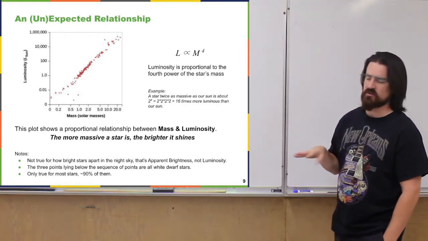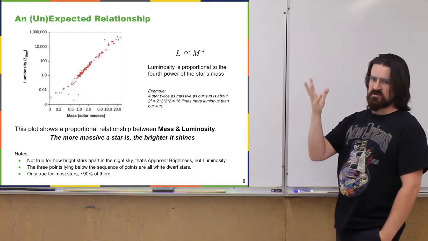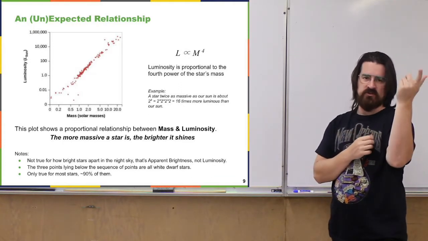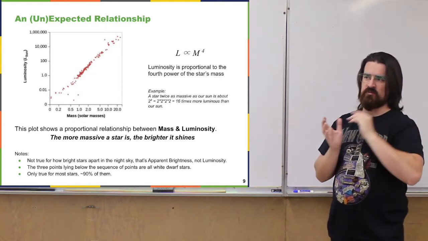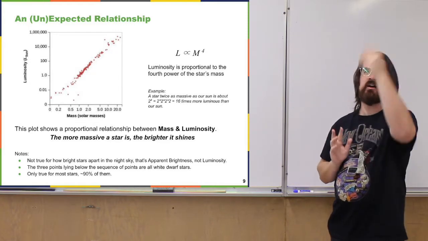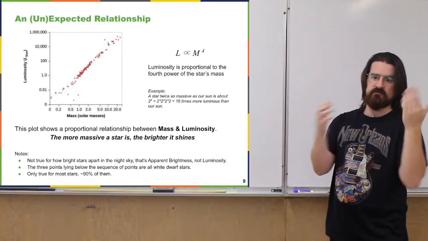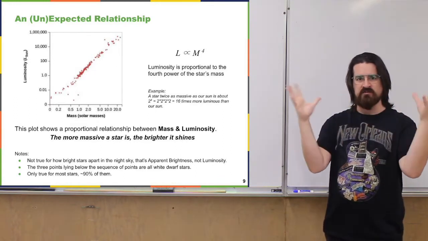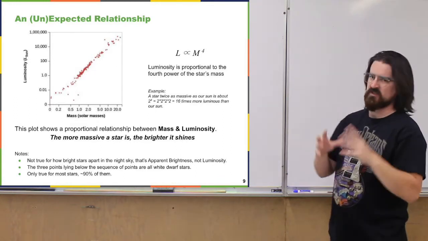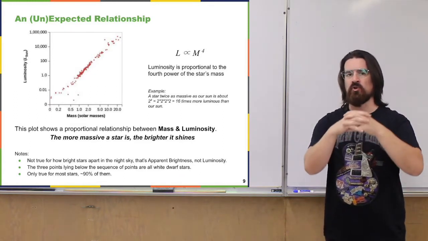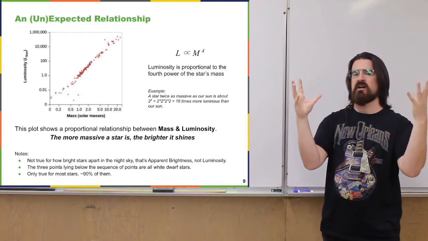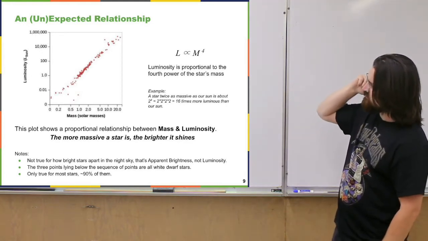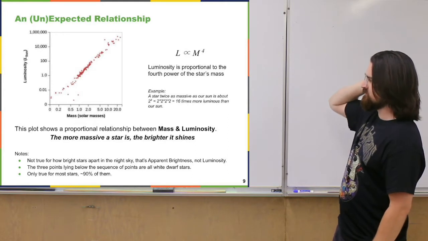And so a couple of things to note here. For one, this isn't necessarily a true statement about the brightness of a star that you see with your eye when looking out in the night sky. Remember, that's the apparent brightness, and it depends on how far away the star is from us. We're thinking about the luminosity, so the total energy that's being put out by that star. Only a tiny bit of the full energy output from any star out in the sky is reaching us. There are a couple of points that don't really seem to fall on that line very well,